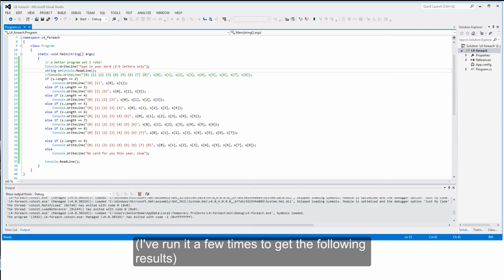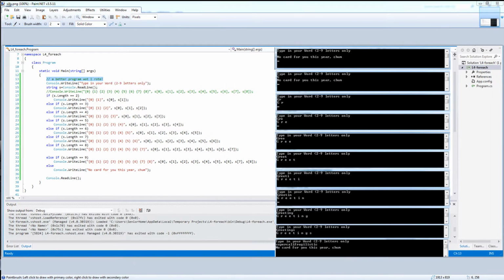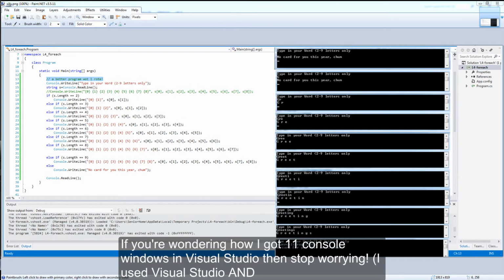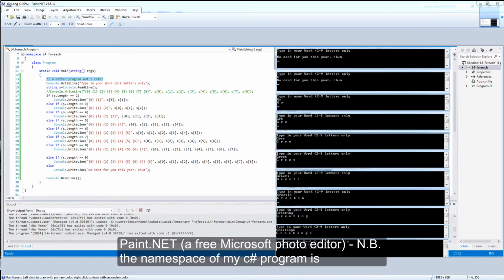And rather than run it, here are some runs that I did earlier. If you're wondering how I managed to get 11 console windows running in Visual Studio, then stop worrying. I used a composite here of Visual Studio and Paint.net. I'll let you examine the output and the program, but can I just draw your attention to this part here? Namespace